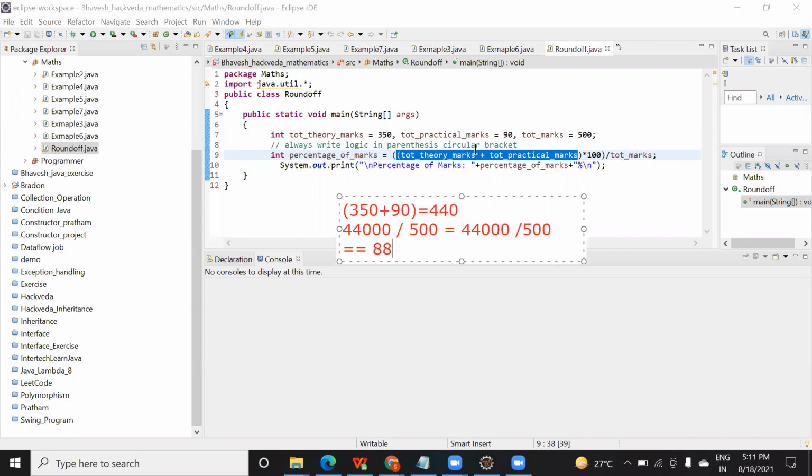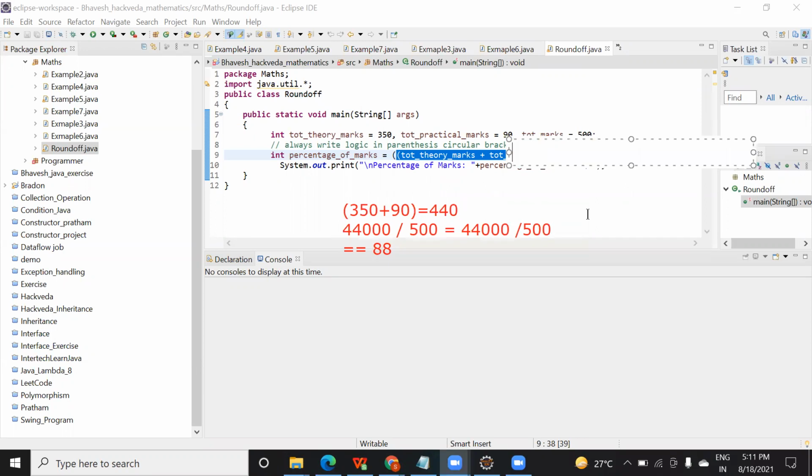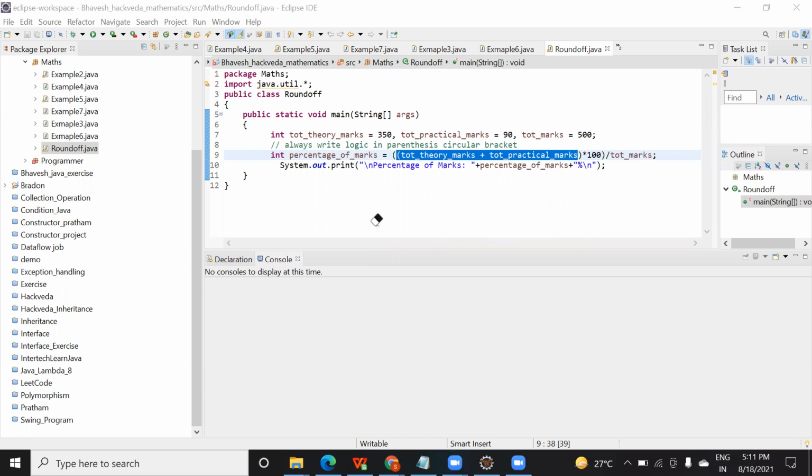This is a normal, simple example I have taken. That is why it might look simple to you, but there might be an expression where too many parentheses are there. Then you need to be careful while solving the question. First solve the first parenthesis, get the value, remove the parenthesis, and proceed in that way. Here only normal expressions are there, but in the exam they might ask with multiple parentheses. So just see where the opening and closing parentheses are, and solve accordingly.